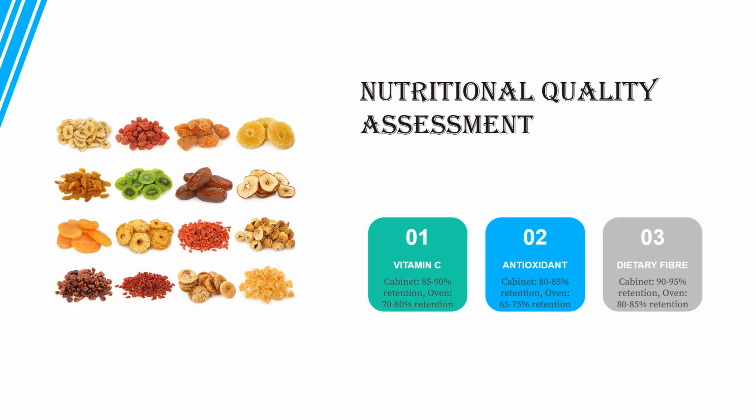Nutritional quality assessment. First, let's see vitamin C. For vitamin C, cabinet has 85 to 90% retention and oven has only 70 to 80% retention. For antioxidants, cabinet has around 80 to 85% retention, whereas oven has only 65 to 75% retention. For dietary fiber, cabinet has 90 to 95% retention, which is much better, whereas oven has only 80 to